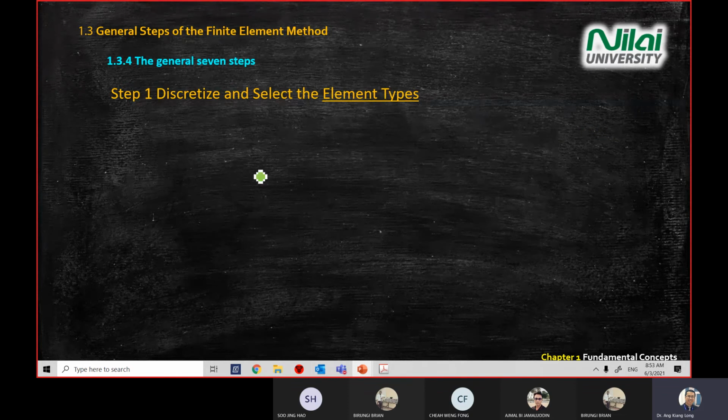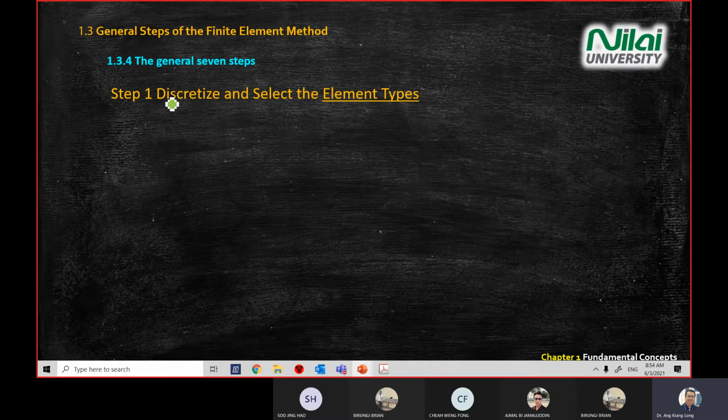All right. General steps. I will just brief through. If you have a tutorial question, so this slide is for question number 8. We have a few more slides. So just patient. All right. So step 1, you choose the element types. We will repeat these general steps throughout the semester. So we'll repeat until you close your eyes, you sleep also, you can explain to your juniors. So step 1,